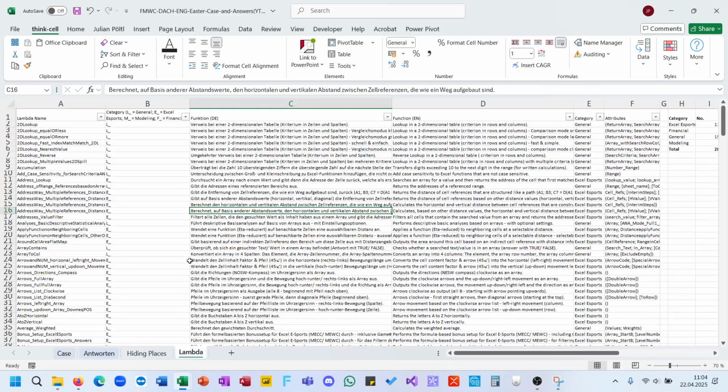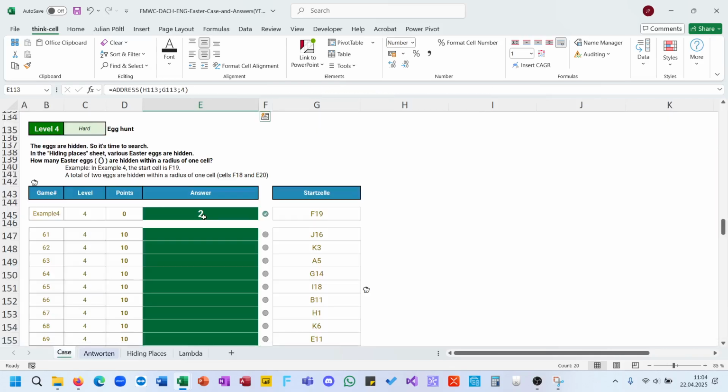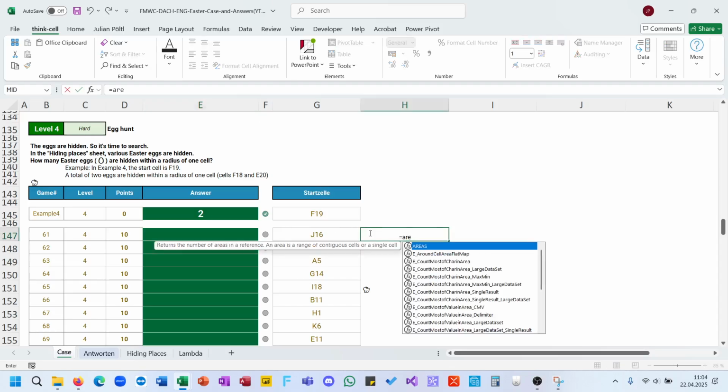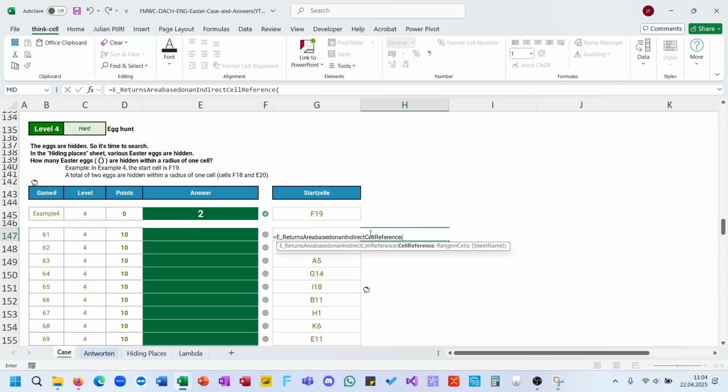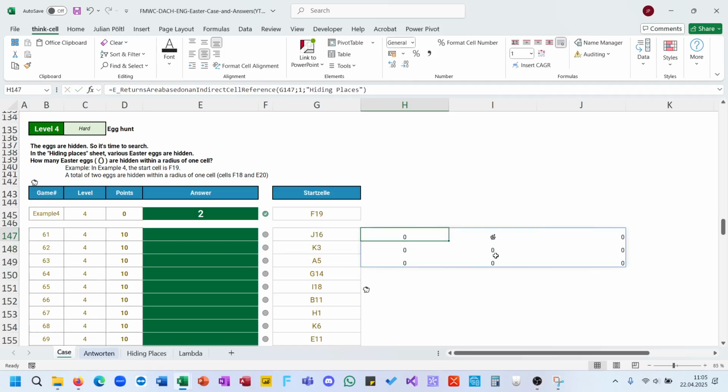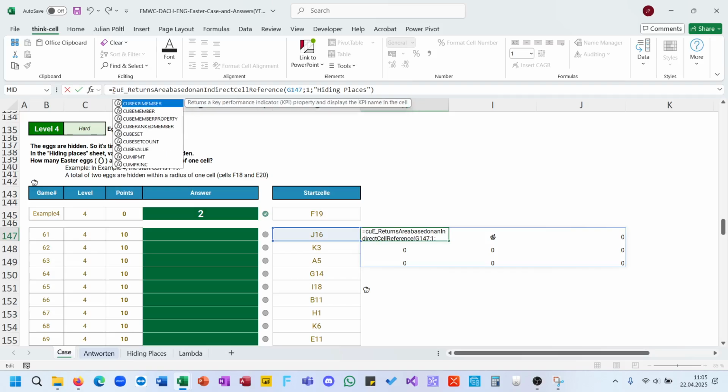For this I've imported my lambdas already, and it's useful to have a lambda. My lambda is called area based on indirect cell reference. The cell reference is here, range in cell is 1, and the sheet name is hiding places. This is then J16, and the other cells are 1 cell around this, and we want to count